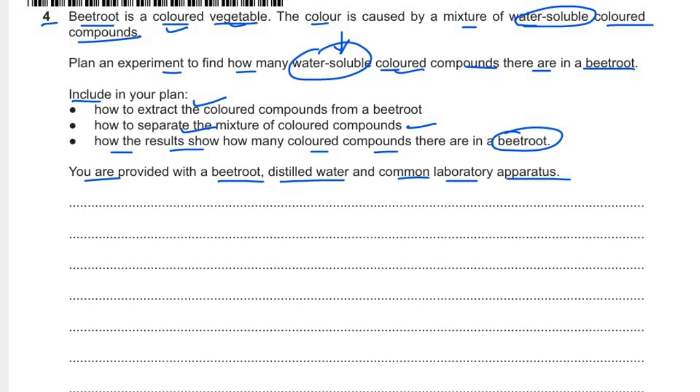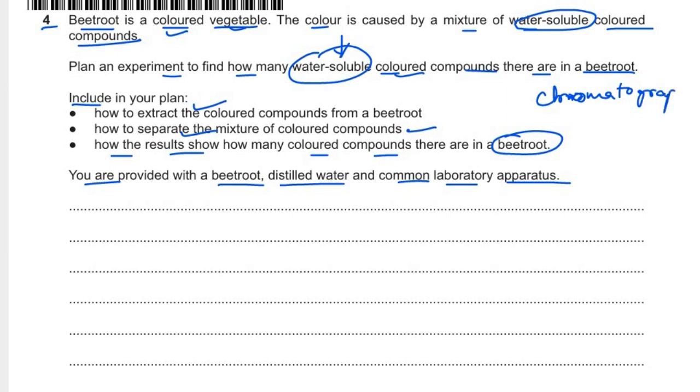So now the only process which is used to separate the colored compounds is chromatography. Everyone knows it is chromatography. So if we are going to use that, we just have to describe the process of the chromatography experiment and how we are going to do that. The first thing is we are supposed to cover how we are going to extract the colored compounds from the beetroot. So the first point we can write is that crush